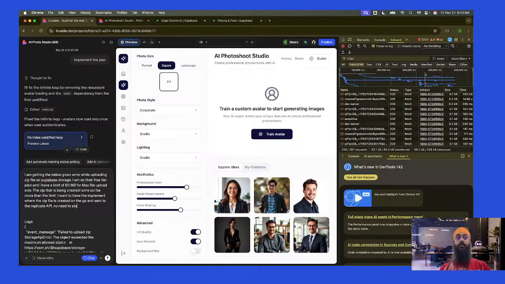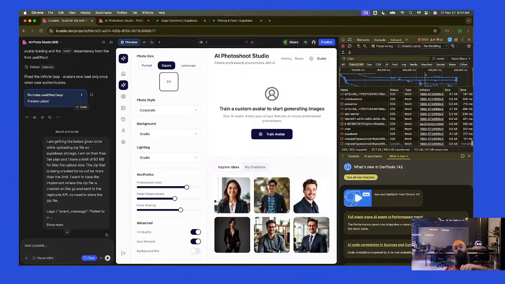No need to store the zip file. Okay, this will help us save storage space as well. And I should have mentioned that no need to save the images as well. That's fine. Let's see.